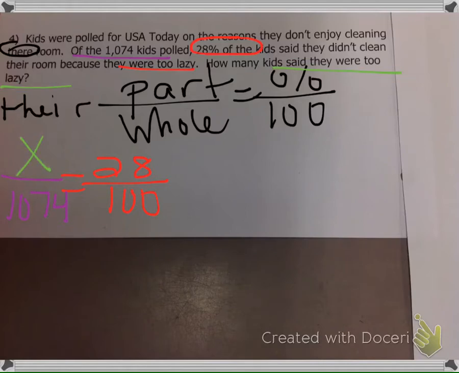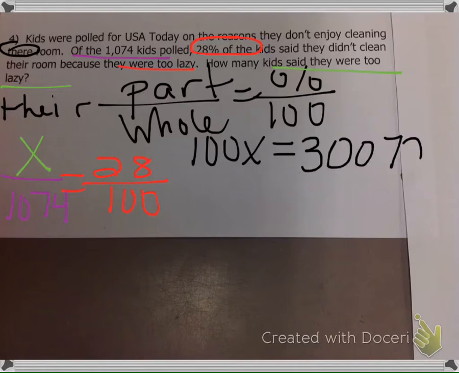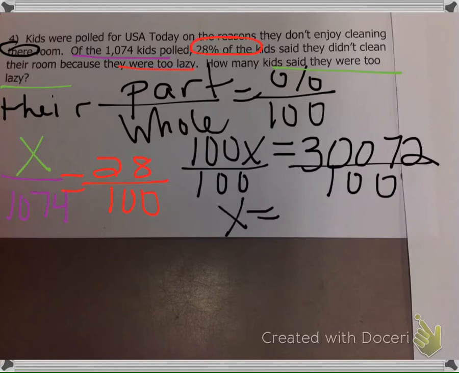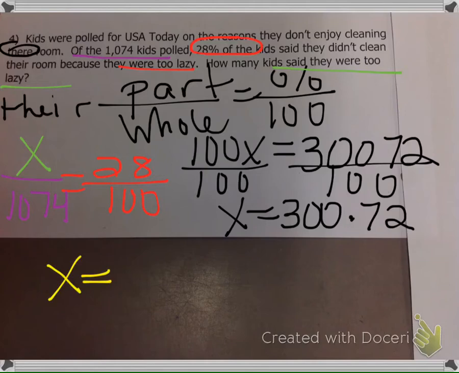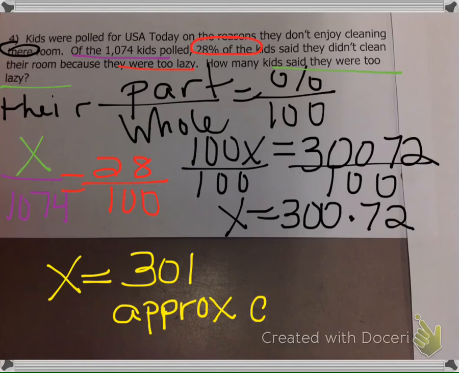So now you're going to solve your proportion. Once you get it all in, which is the easy part, is solving it once you have it all in. 1,074 times 28, we get 30,072. Divide by 100, and you get a decimal here. So you're obviously approximating this. It's going to be 300.72. Well, you can't have 300.72 of a kid. So we're going to say that x equals, let's say, 301. We'll say approximately 301 are too lazy